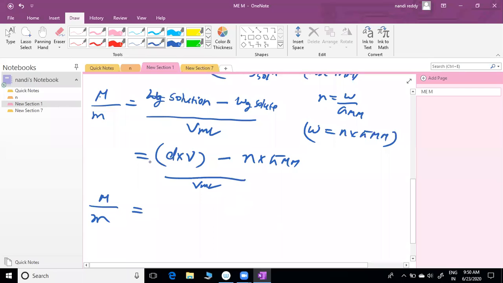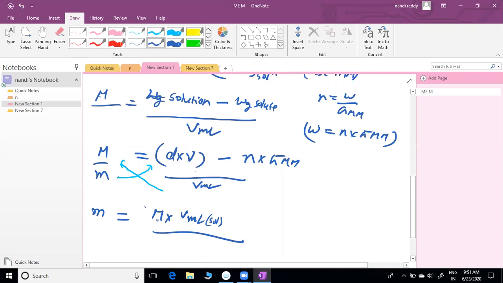You can rearrange this one. We need small m equal to here. Check it. You can take small m here and take V mL of solution, then small m equal to capital M into V mL. This is solution, sir. Clear? By everything you can bring here. Some people are having doubt here also.